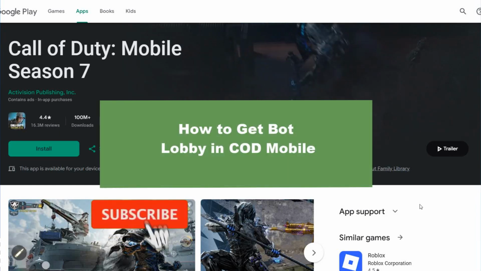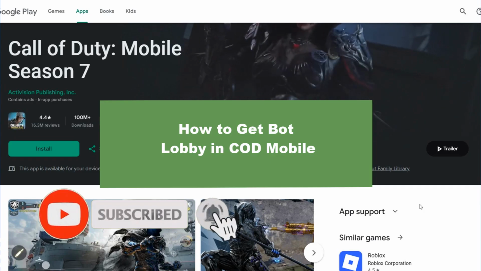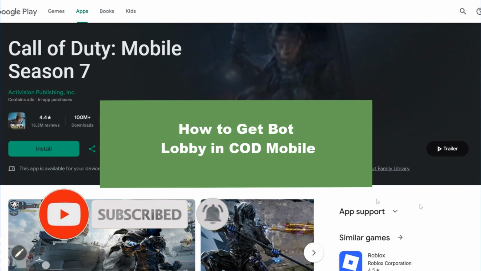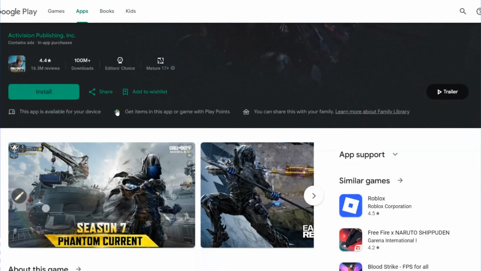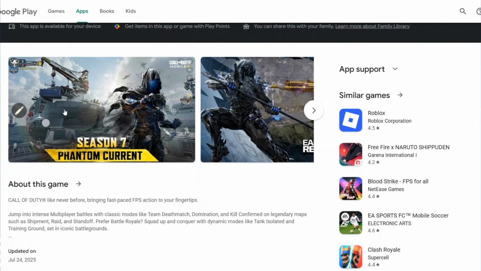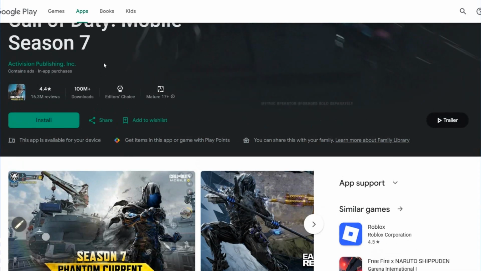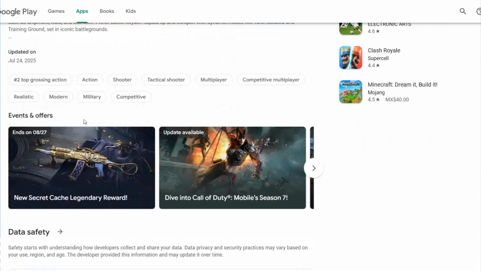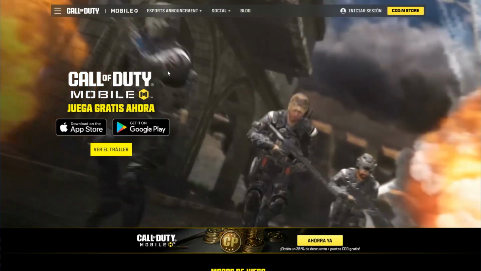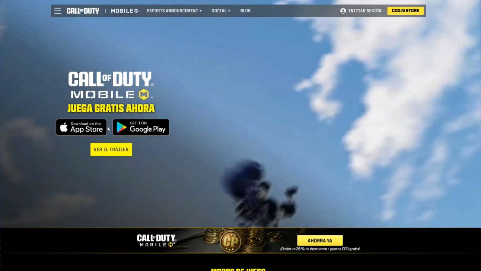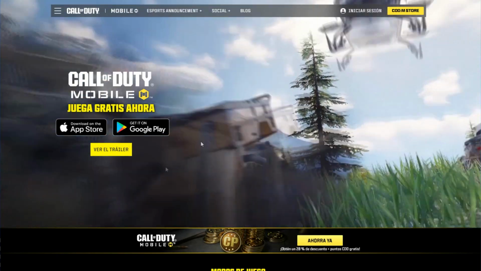This time we check how to get bot lobby in Call of Duty Mobile. So let's start. If you want to get Call of Duty Mobile on your device, you can find it here on Google Play Store. It's completely free. Only check if you have the requirements that it needs. Also, on the website of Call of Duty, you can check here that you can download it in the App Store,